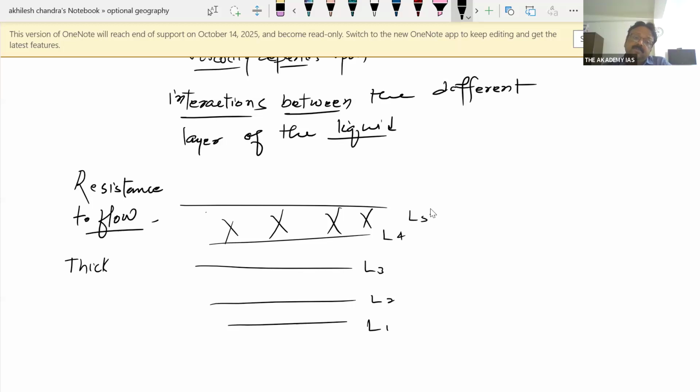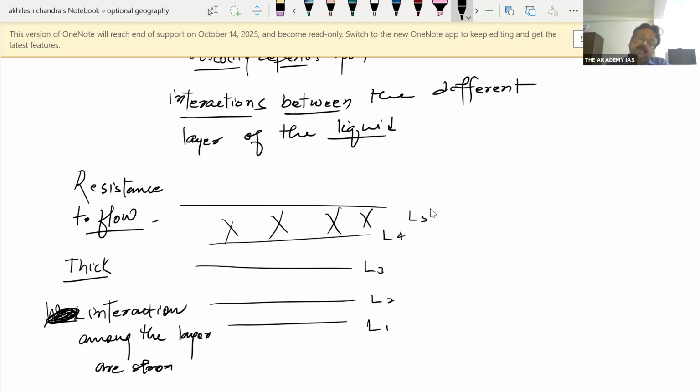सो एसिडिक मैग्मा के अंदर जो लेयर के बीच में इंटरैक्शंस होते हैं वो स्ट्रांग होते हैं. Interaction among the layer are stronger, in case of honey. Honey देख रहे हो? Water and honey, compare water and honey. So honey has what? Thicker consistency because the layer are not free to move as compared to water, है ना? That's why honey is what? Thicker. अब आप कहोगे सर हनी इज डेंसर ऑल्सो, तो हो सकता है हनी डेंसर है, इस केस में तो है, वाटर कम डेंसर है,